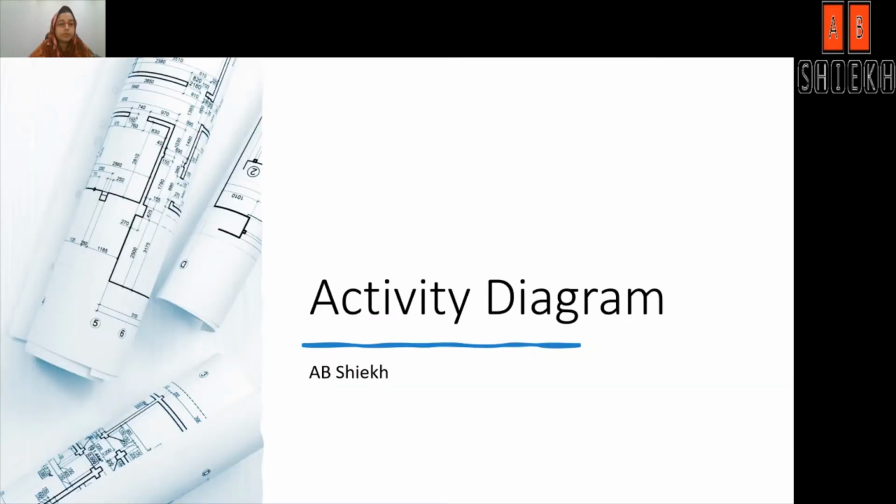So today we are about to discuss activity diagrams. An activity diagram is a behavioral diagram, which means it depicts the behavior of a system. An activity diagram portrays the control flow from a starting point to a finishing point of a system. It shows the various decision paths that exist while an activity is being executed. Let's see the activity diagram in detail.